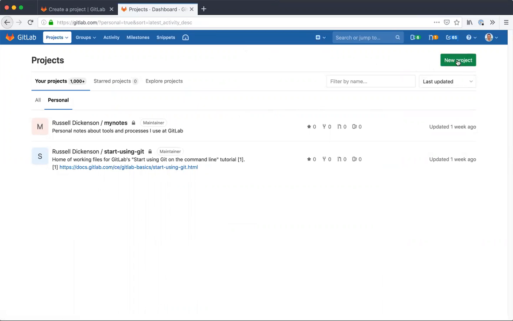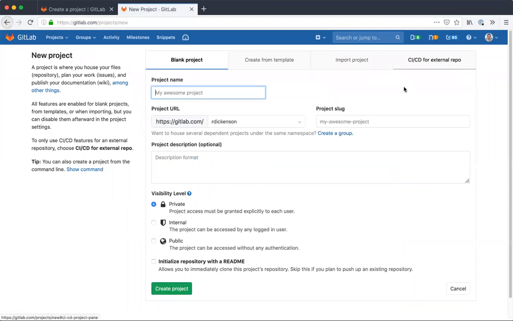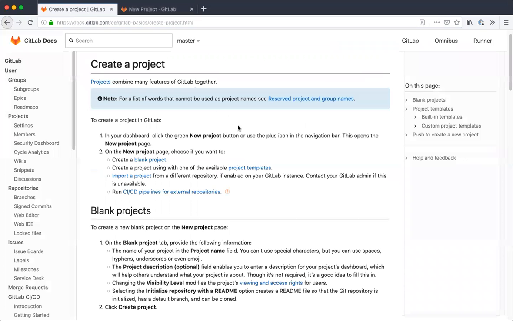For the moment, I'll click on the New Project button here. Okay, so it gives me a description of what the new project here is. I've got these tabs, project name, project URL, etc. So I'll come back to the explanation,